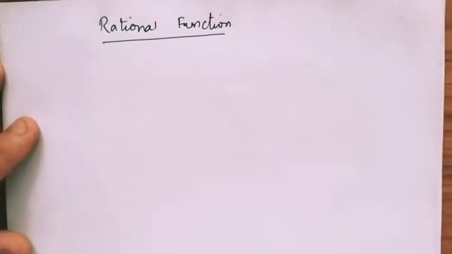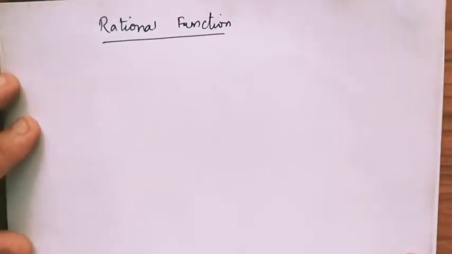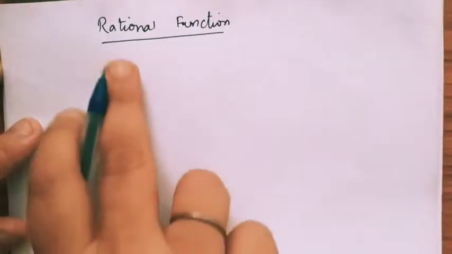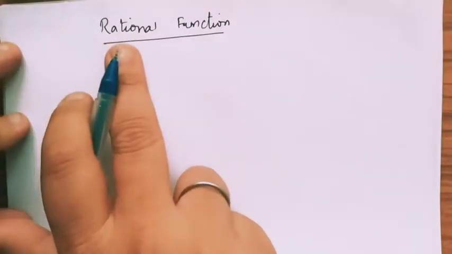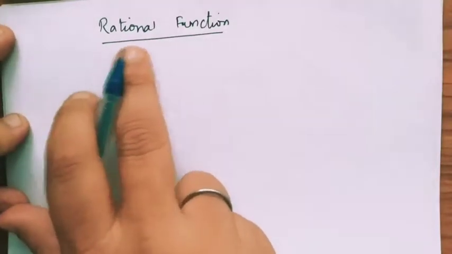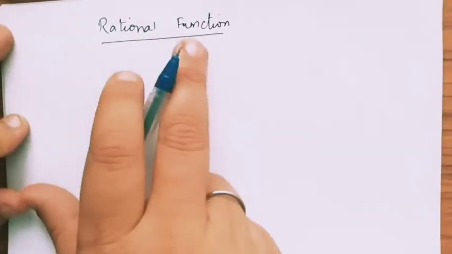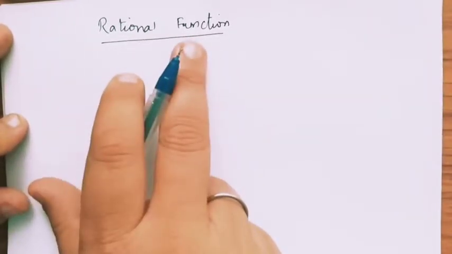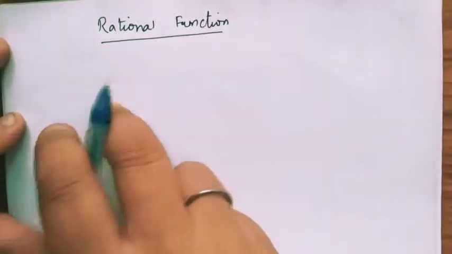Now our next topic is to discuss what are rational functions. In a rational function, the word ratio is included. It means that it has something to do with the ratio. So a rational function means it is the ratio of two functions. We will define properly that a function